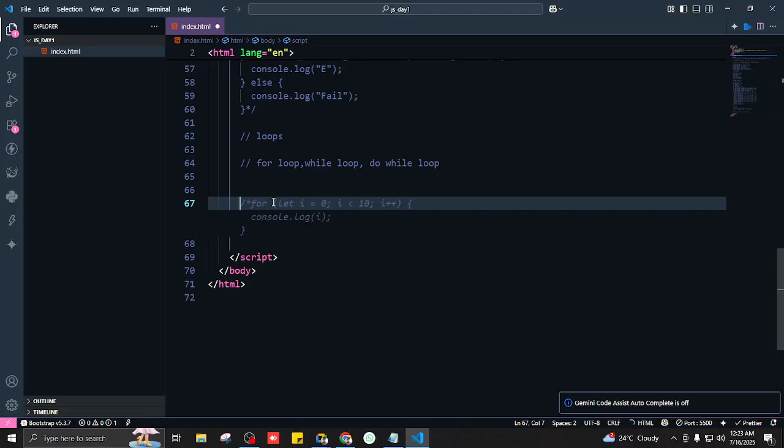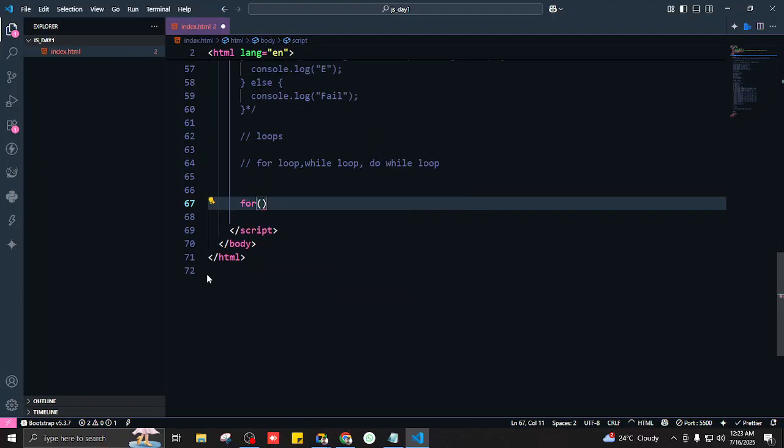So basically loops are functions. I'm going to say for and then parenthesis. That's the syntax for a loop. This for loop takes in three things from me. First thing is, where do you want to start the loop from? For example, what I want to do right now is print hello world 10 times. I want to console.log hello world 10 times, so I'm going to use a loop. We can say console.log